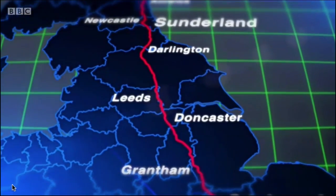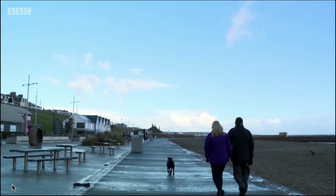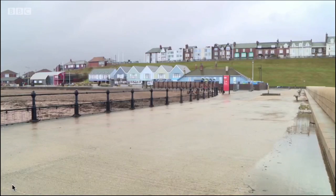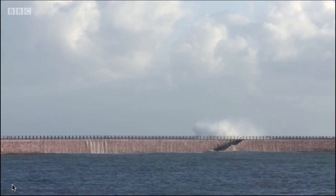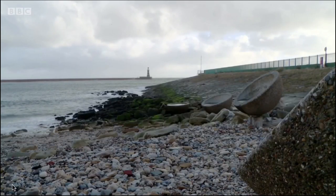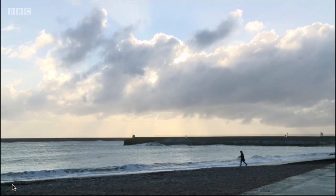100 miles north of Doncaster, the A1 nears the Tyne-and-Wear city of Sunderland. Today, plans are underway for a huge fireworks display, but heavy storms are battering the seafront. Organiser Steve Hobbs has travelled up the A1 directly from a rather sunnier south of England. I set out this morning and I was feeling quite optimistic. I was looking at the blue sky and no clouds, probably about Weatherby I think it was or something, and